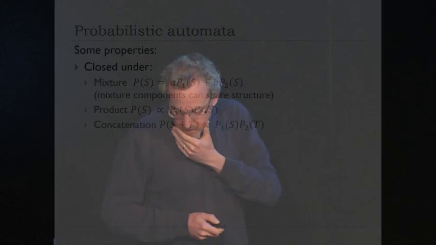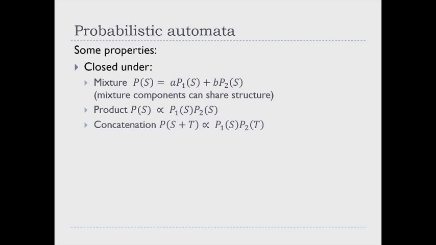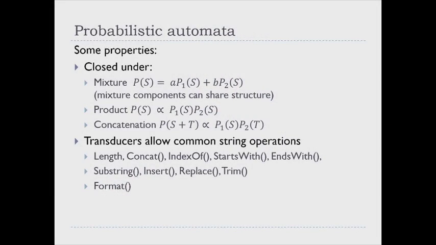So what's good about automata? They have some nice properties. They're closed under mixture operations, they're closed under product operations, and they're closed under concatenation operations. And these are some essential properties for doing string and sequence operations. And if you want to actually do stuff to them, like string format or substring, all the things that you want to do with strings and sequences,